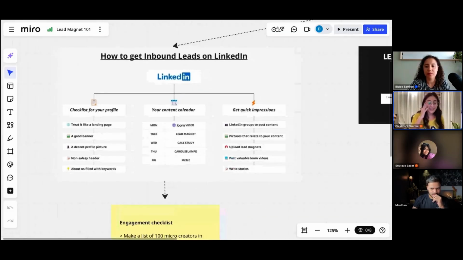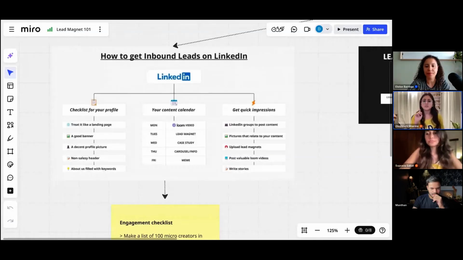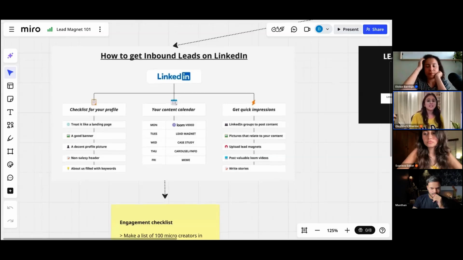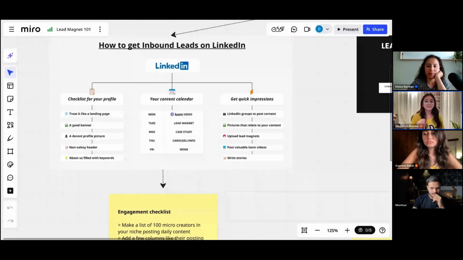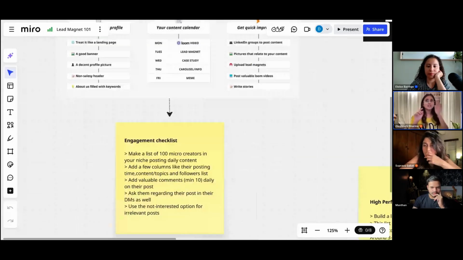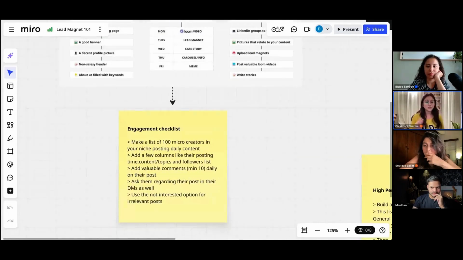Now, content calendar. Like I said, don't get directly started with lead magnets. Start posting value. Start posting case studies. You can post carousels, infographics, memes. Now, you might have this thing also that most of you must have started posting on LinkedIn and you're not getting any kind of engagement. Now, why is that? That's not the thing with LinkedIn itself. If you go to any platform, Instagram, Twitter, if you are a new creator, how are you going to get engagement on your post? That's the basic thing called reciprocity.